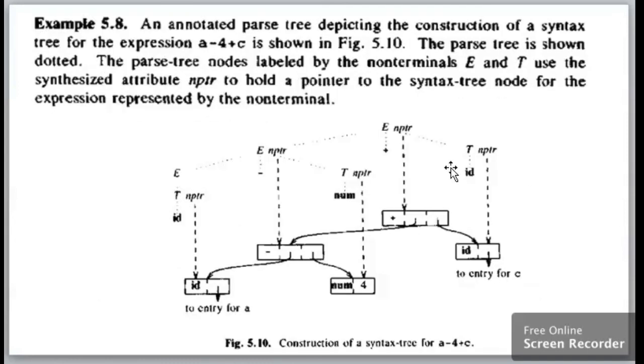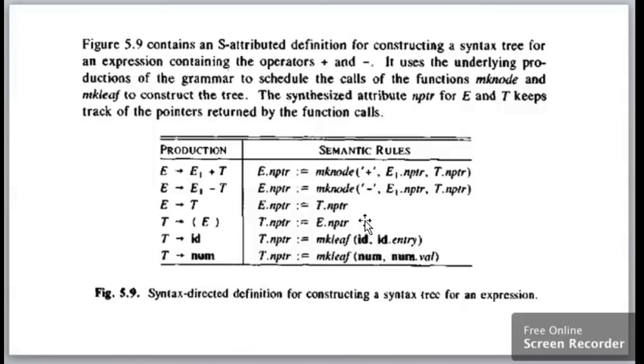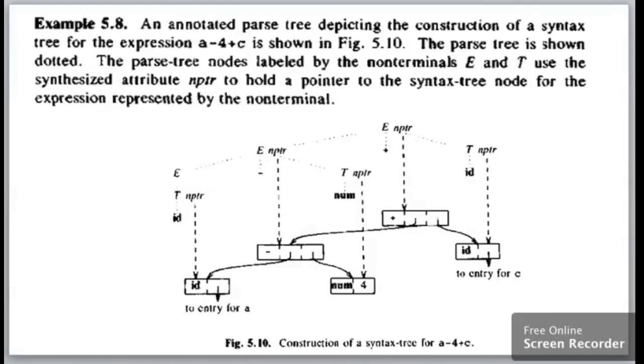Thirdly, we need to construct a parse tree. After constructing the parse tree, we annotate it. Annotate means we put in the values, that is over here as .nptr. Next, based on the semantic rules that we have written in postfix notation, or by the help of the functions, we are going to generate it for the leaves, then for the interior node, then again for the node and the leaves. In this manner, if we connect it, this represents a syntax tree.